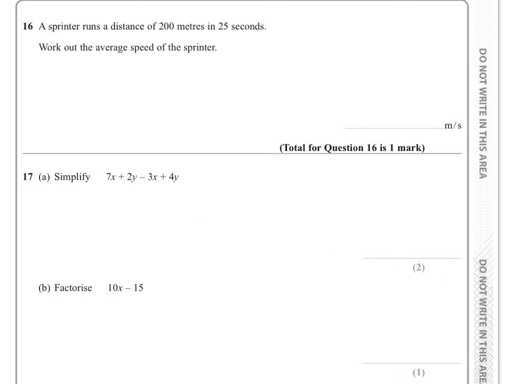Question 16. A sprinter runs 200 metres in 25 seconds. Work out the average speed of the sprinter, and that's in metres per second. So if we've got 200 metres in 25 seconds, if we divide top and bottom by 25, which you can do on your calculator,